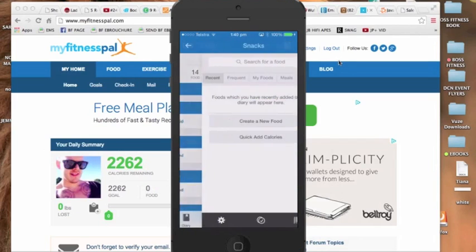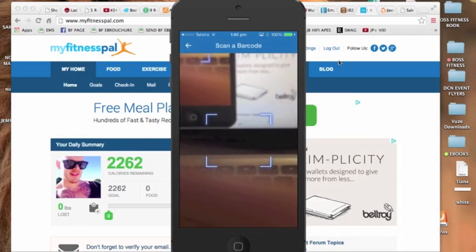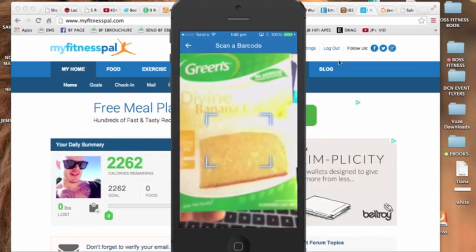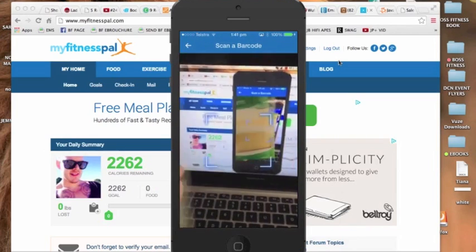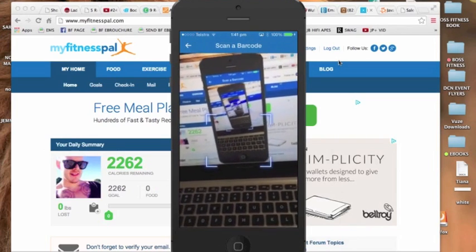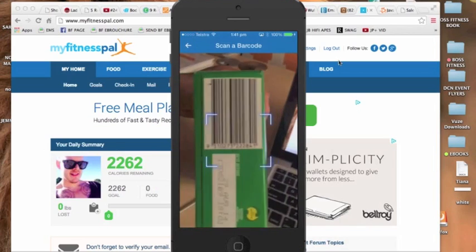Another one, let's say you want to make up a big batch of something. So let's say for instance snacks. Let's go to barcode scanner again. Let's say you've gone to the shops and you've bought some divine banana cake. This stuff tastes amazing. So what you'd actually do is track the actual barcode of it, which is down here at the bottom. So we'd track that,